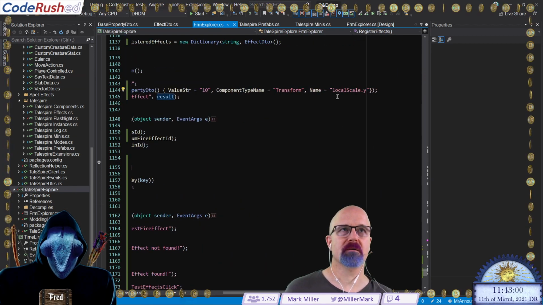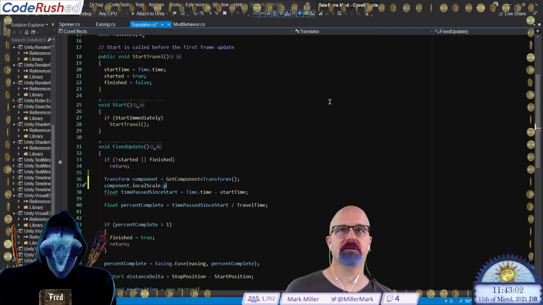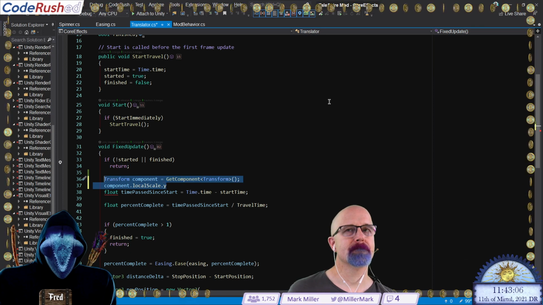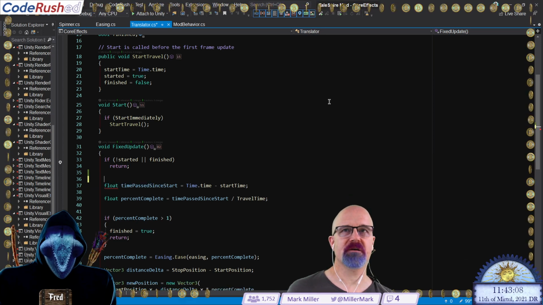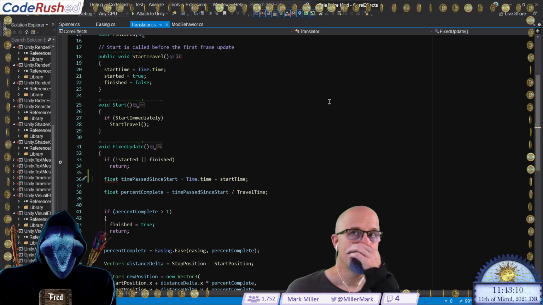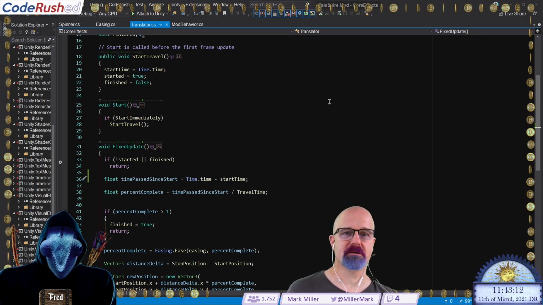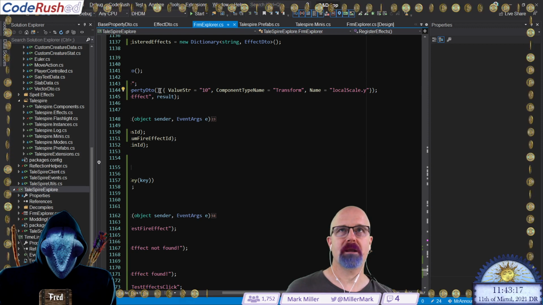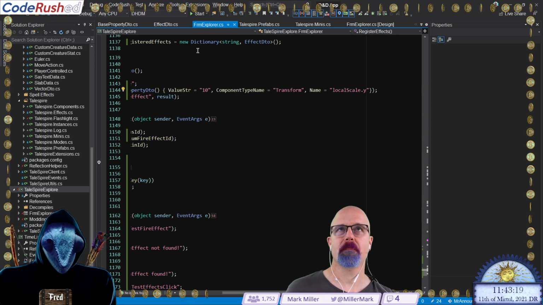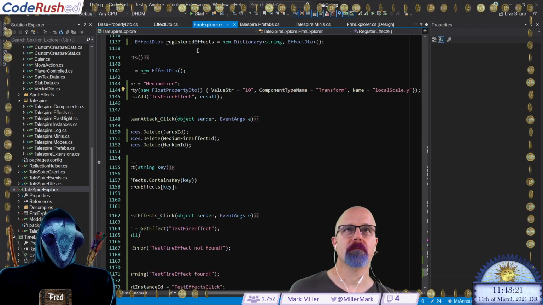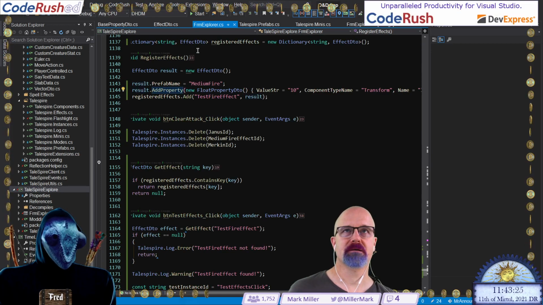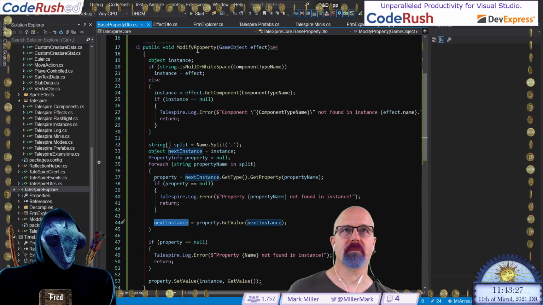That's what we have here. Local scale.y. Is it a field? Oh my gosh, is that what it is? Holy cow. If y is a field, that would explain why we can't change that from here.